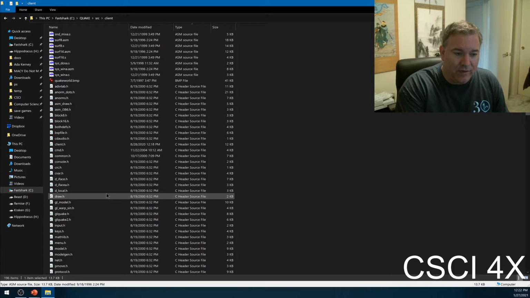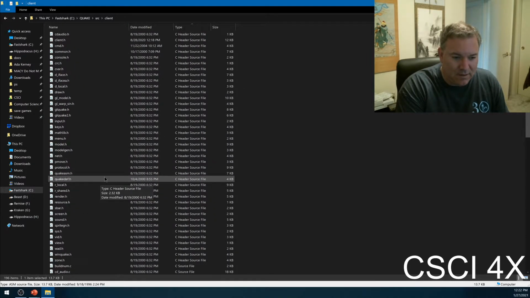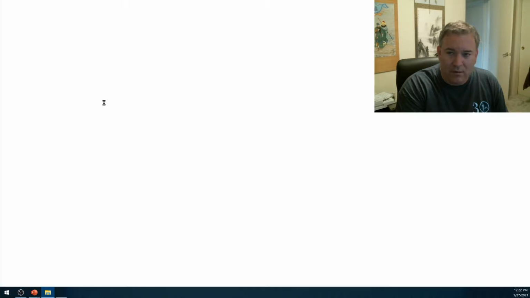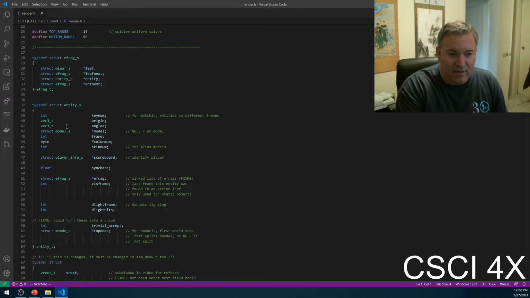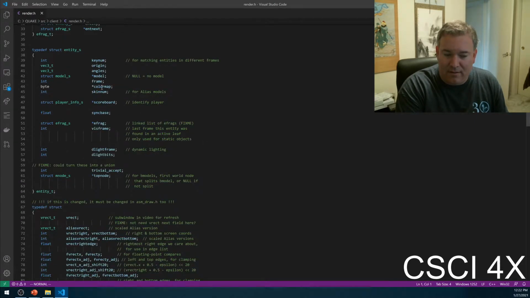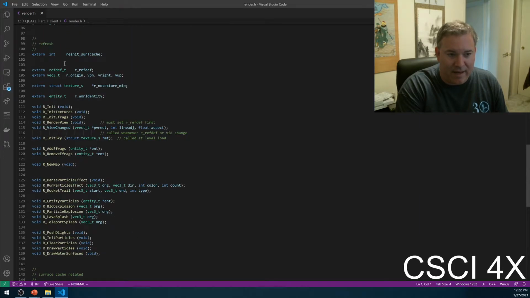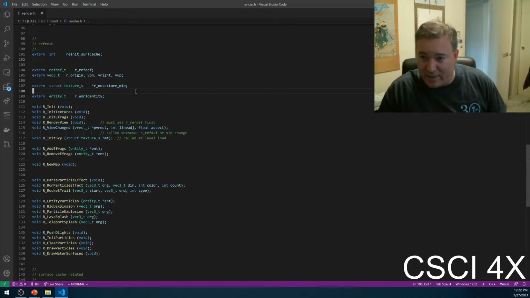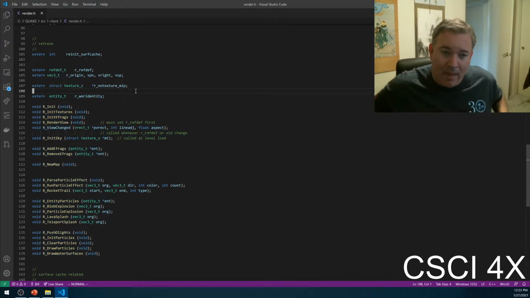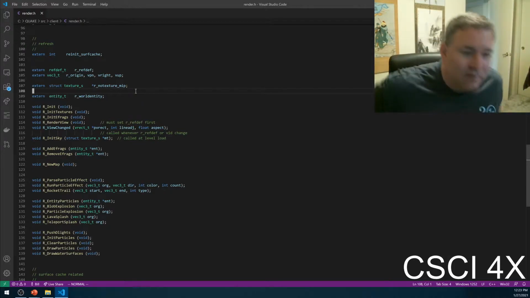If you look at a header file, let's look at, I don't know, render.h, open with code. The header file just has class declarations, and then it has just function declarations. You see this? All these functions here, it just says the function name, semicolon. And what that means is